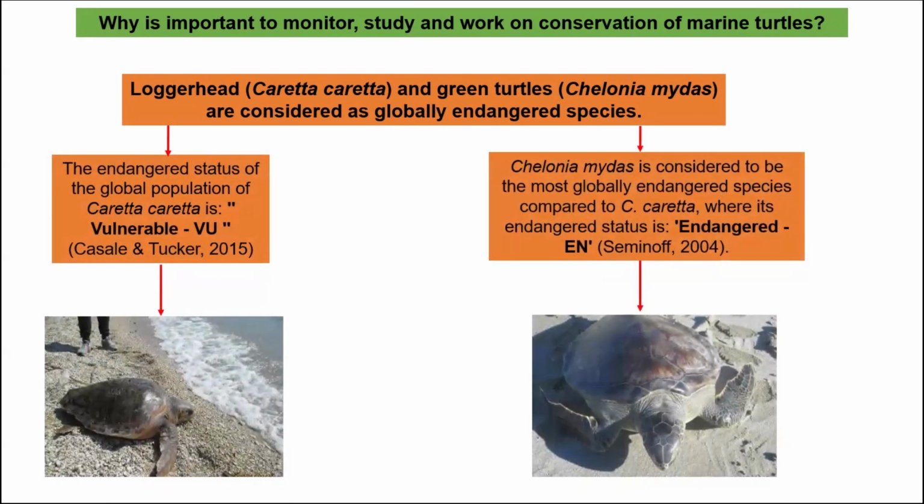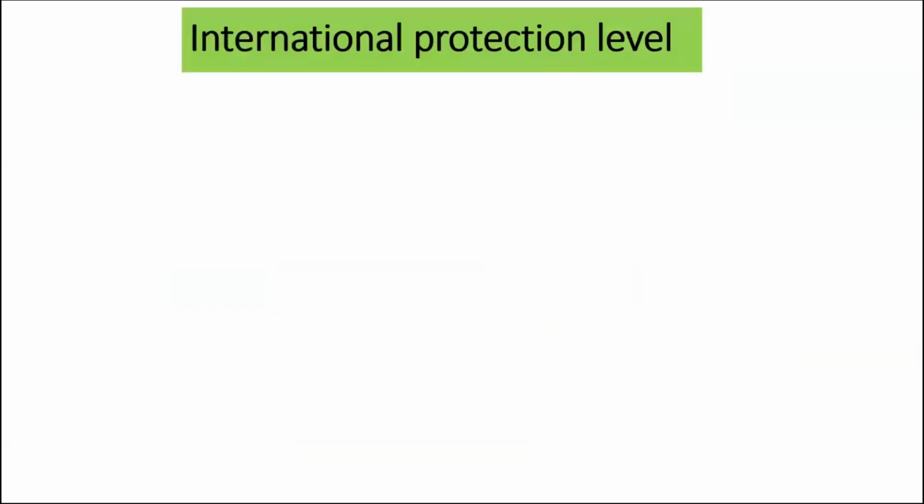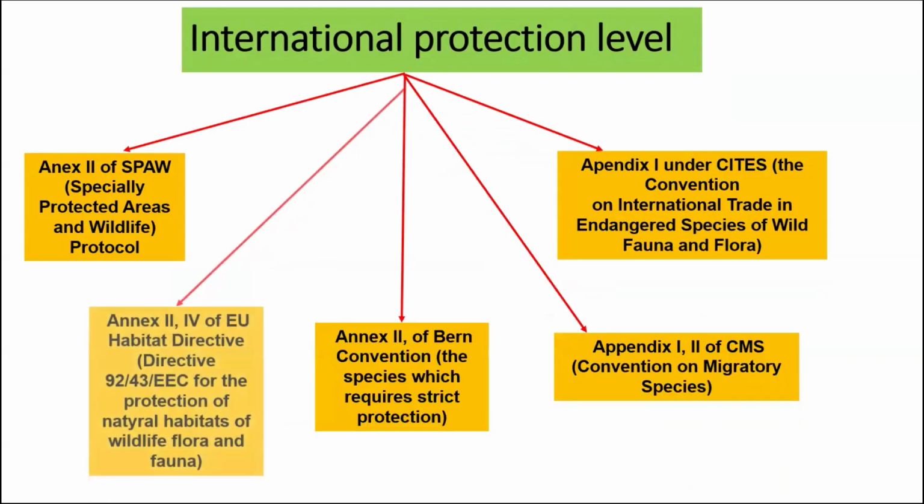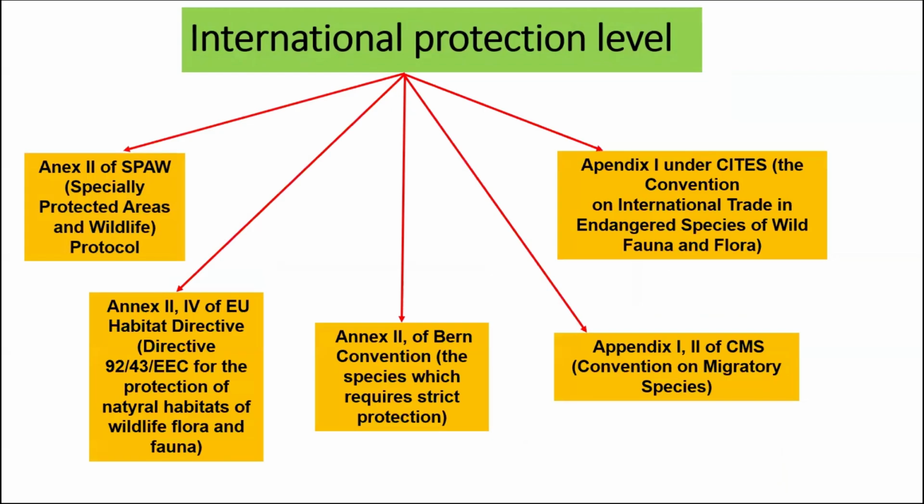Because first of all, as I mentioned, they are considered endangered species according to the IUCN. Let's say for the loggerhead turtle, the global assessment is vulnerable, while the green turtle is considered endangered status. Besides being considered endangered, they are also part of many international instruments, like all these that are mentioned here: part of the Annex of the Specially Protected Areas Wildlife Protocol, part of CITES, the International Convention on Endangered Species,